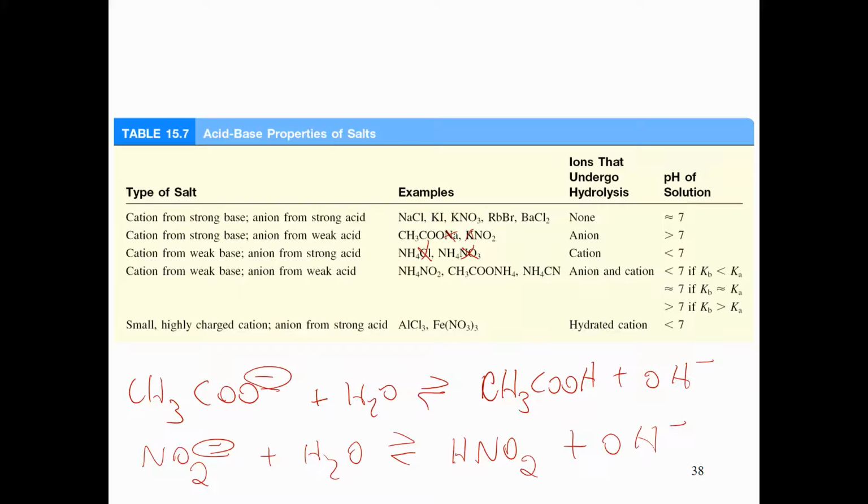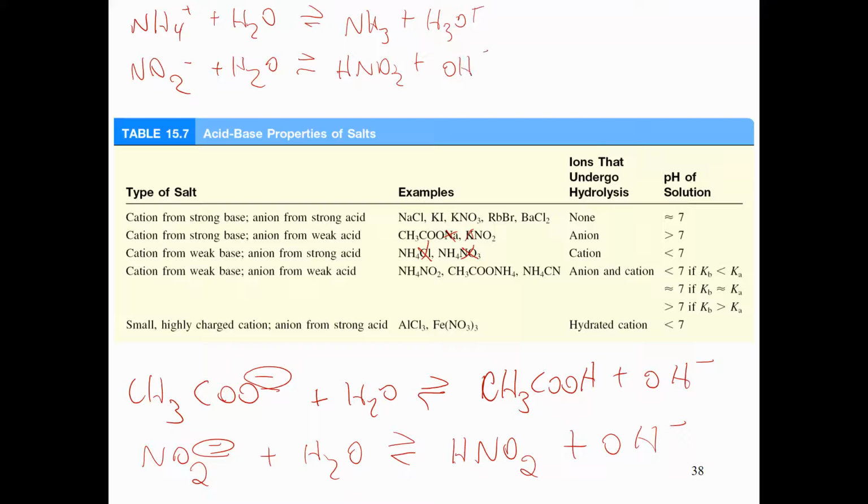So NH4 plus and NO2 minus. NH4 is going to react with water. This is positive, this is negative. It is a weak acid, so it's going to create NH3 plus H3O plus, whereas this one is a weak base, so it's going to produce HNO2 plus OH minus. So then you get an acid and a base working against each other, and you see